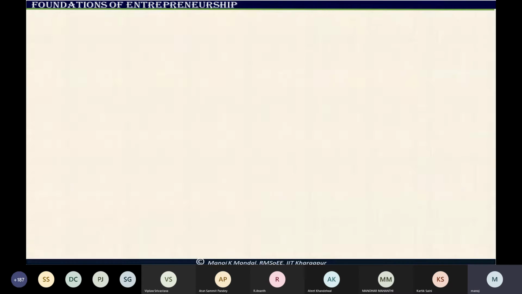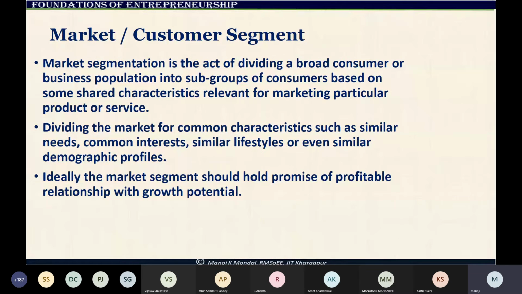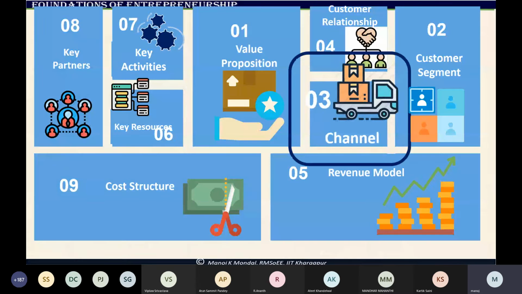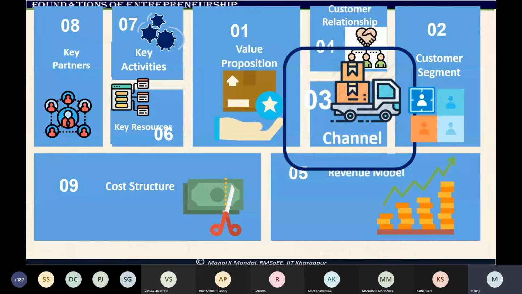Then the third is, okay, this is about market segment. More about market segment, I discussed all of that. Third is channel. Channel is, listen carefully, how you create awareness in the customer segment about your value proposition. You have a wonderful value. Suppose many people have pain and you have a solution. Say whatever that is. I'm not getting it right away, but suppose there is a pain in people and you have the solution. Say for example, IIT Kharagpur